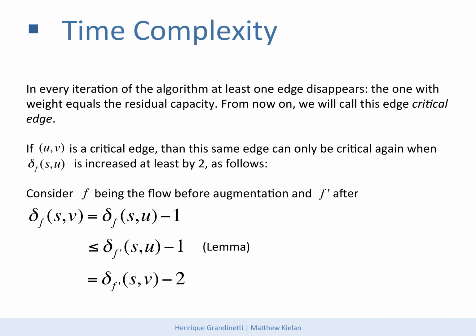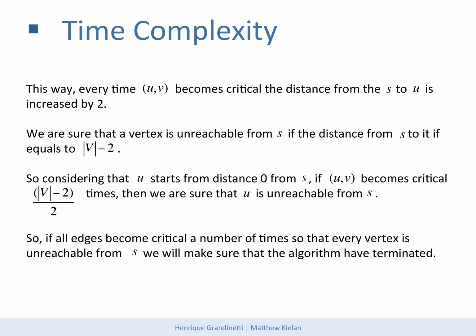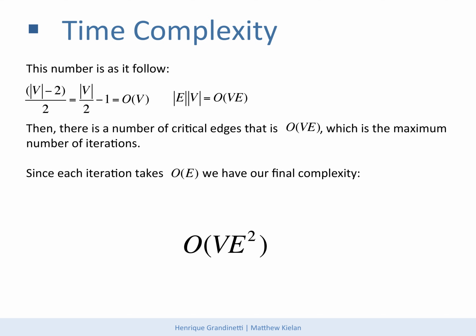This way, every time any edge UV becomes critical, the distance from S to U is increased by 2. So any vertex U becomes unreachable from S if the shortest path from S to U equals the number of vertices in the graph minus 2. So if all edges become critical a number of times, so that every vertex is unreachable from S, the algorithm must have terminated. Then the number of iterations required for this has an upper bound in the order of V times E,